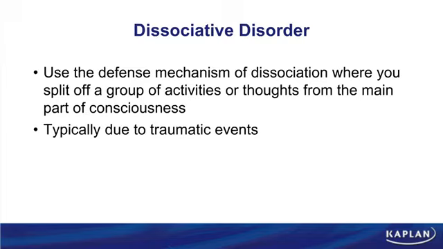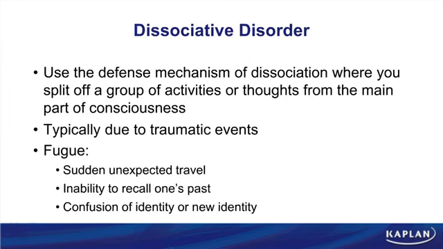In DSM-4, there was a disorder under this heading called dissociative fugue. However, DSM-5 removed it as a standalone diagnosis, but it still can be seen in any of the dissociative disorders. So, for example, you can have dissociative amnesia with the fugue, you can have dissociative identity disorder with the fugue, etc. What is the fugue? The fugue is that individual who had sudden, unexpected travel. You are unable to recall things about your past, or you could create a new identity.